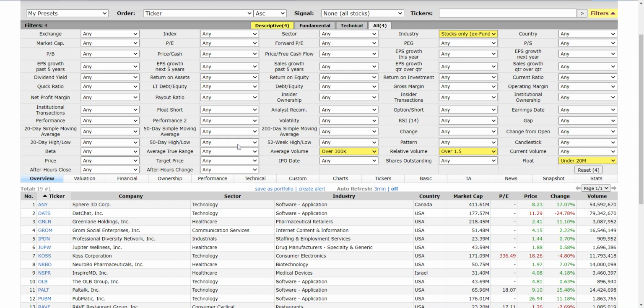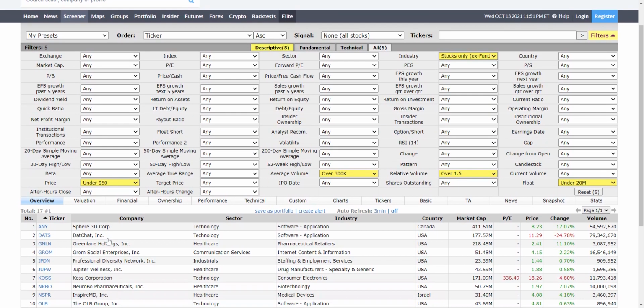In this case, I will also be using the price. The price pretty much dictates things. We're going to be looking for stocks that are under $50, so we can capitalize on them. Also, here I'm going to be using